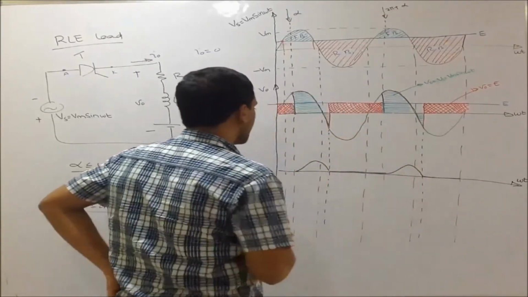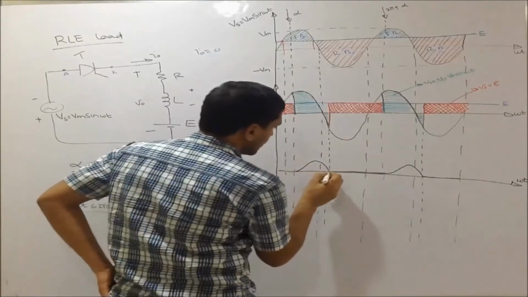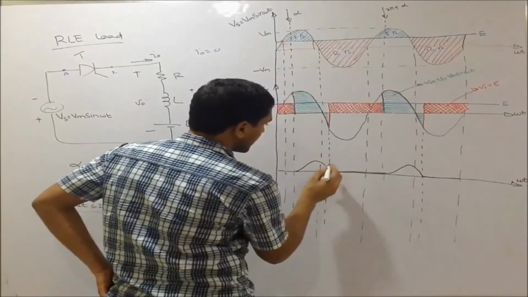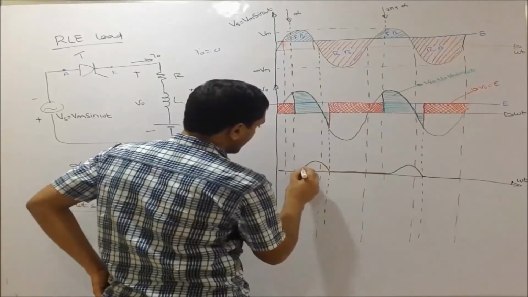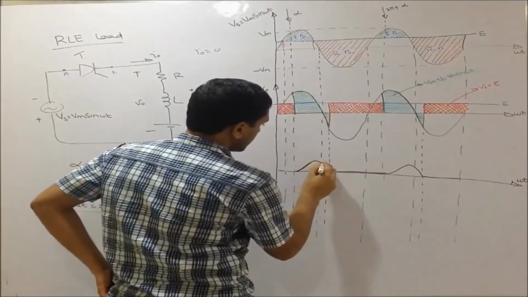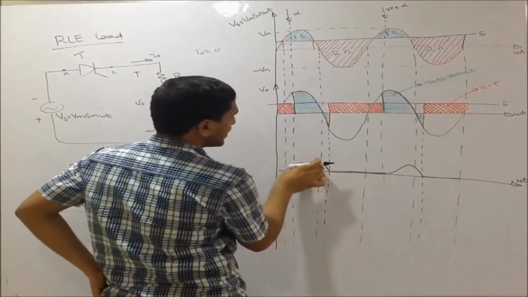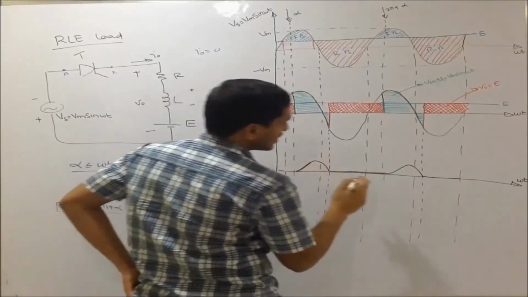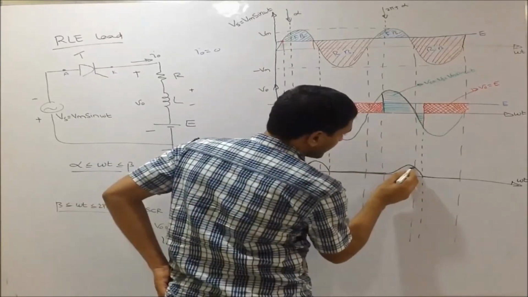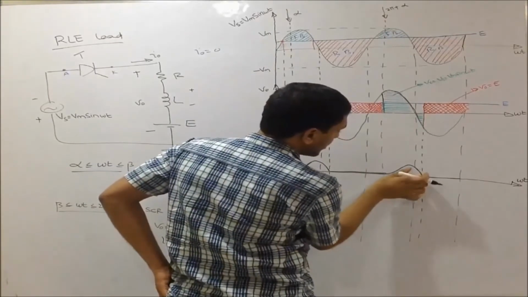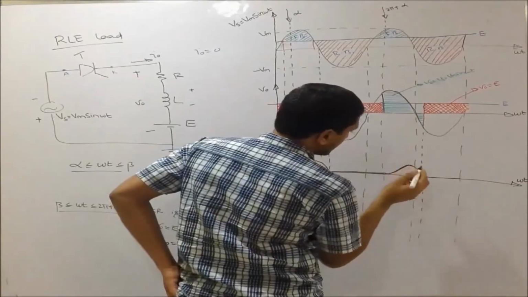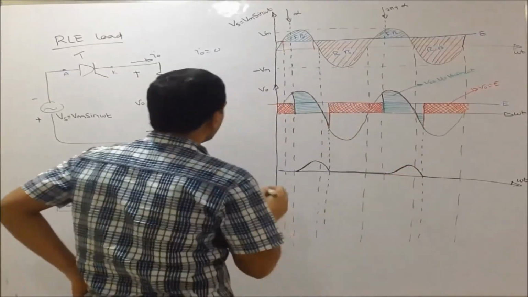These things we have seen earlier. This I naught waveform in the second half is more or less near to the sine wave. But initially it will be a distorted sine wave. Here also we can see in the end portion, in the second half, it is more or less similar to the sine wave, but here it is distorted from the sine wave. This is the I naught.